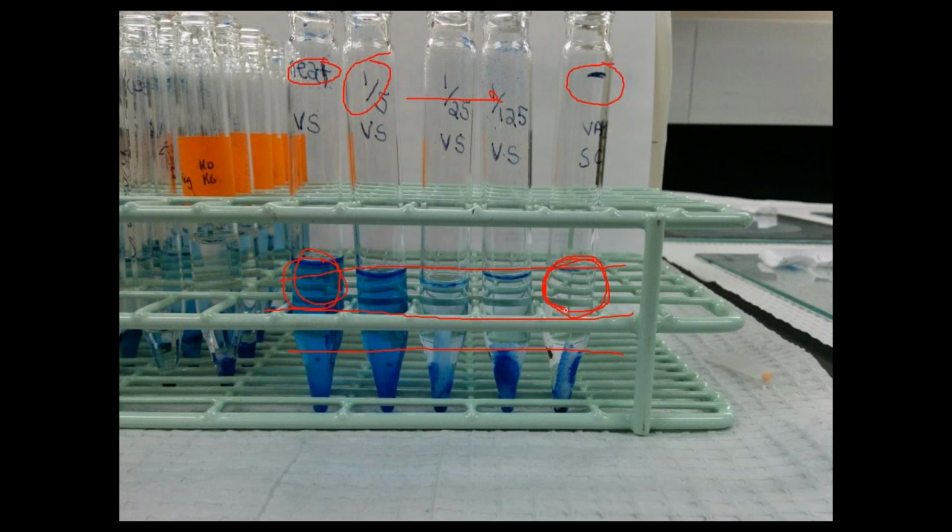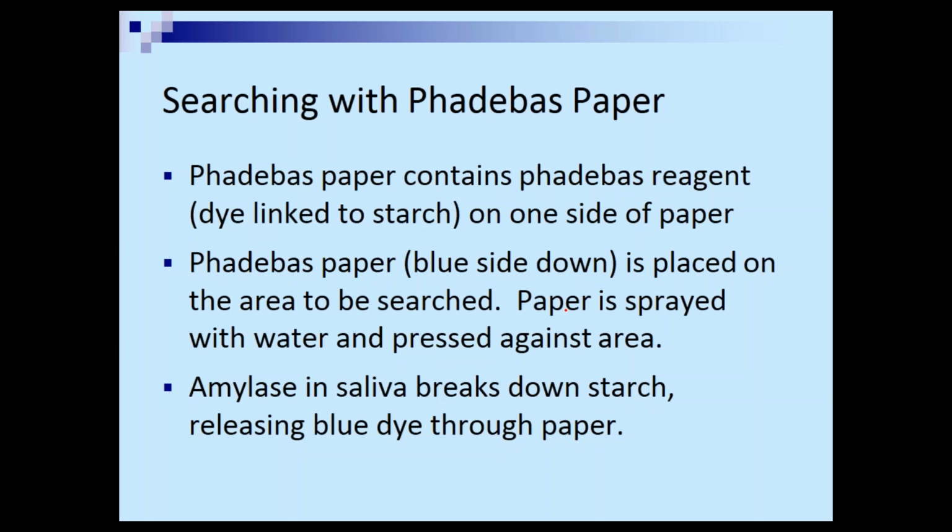So if you do this test, it's a quick way to determine, was there saliva on this fabric? Again, a presumptive test because other things will also contain a little bit of amylase and may cause a slight blue color. All right, searching. Whereas the AP spot test, that search with filter paper, isn't really done that often, search with Fatabis paper can